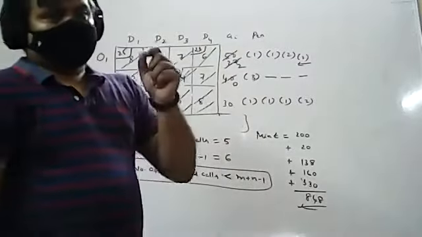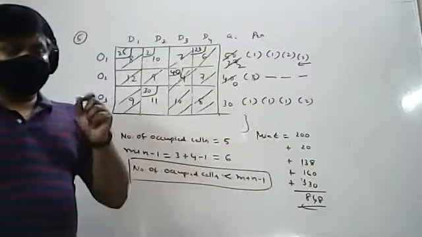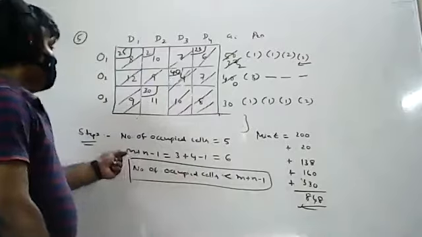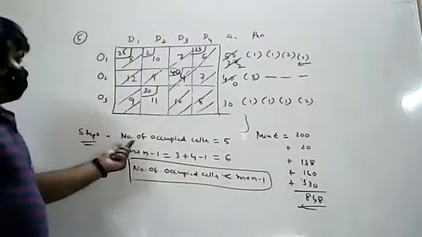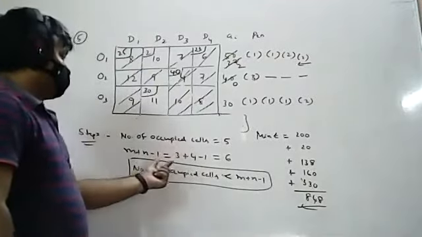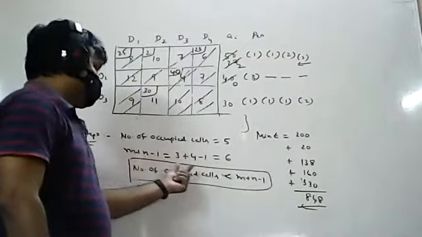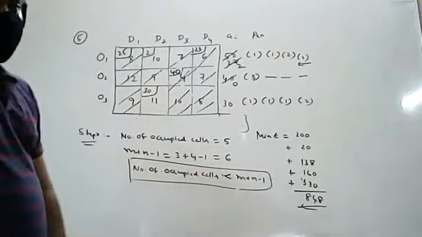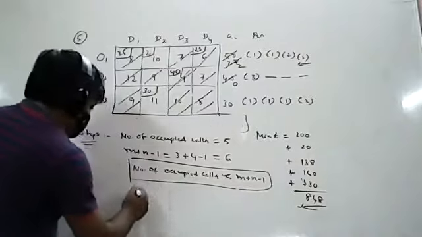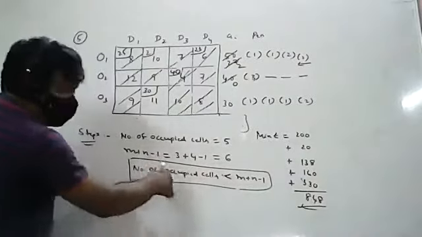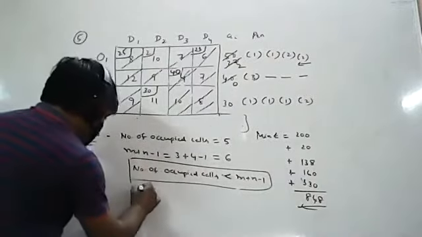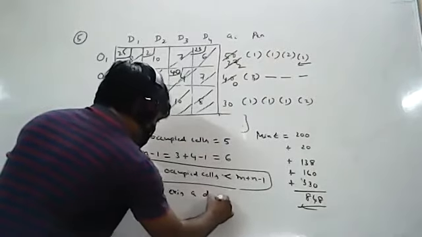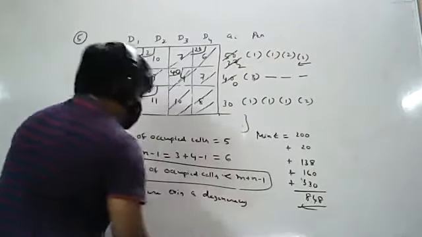I will tell you what is meant by a suitable independent position, and what it means that a solution does not exist. So what is step number 2? In step number 2 I have identified the number of occupied cells and I have identified m plus n minus 1. Now I got that the number of occupied cells is less than m plus n minus 1. Then there exists a degeneracy. If you get this, it is called a degeneracy problem.